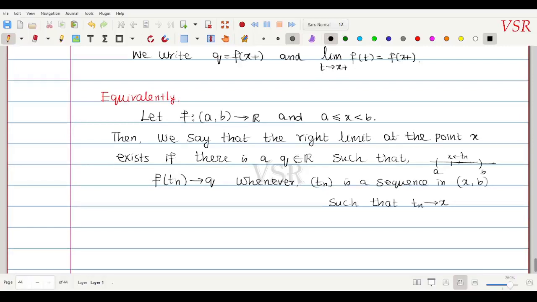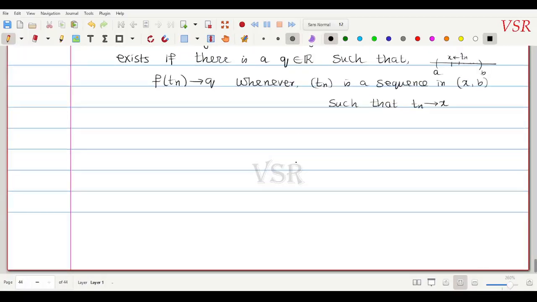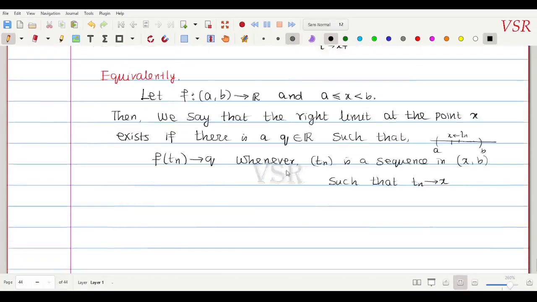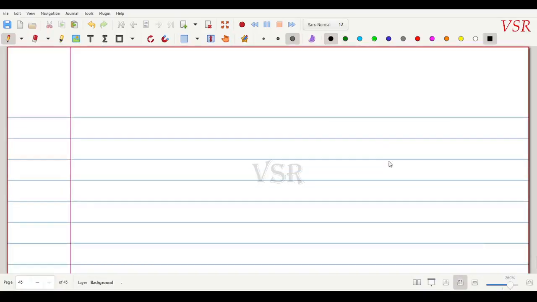Is it okay? சரி, இப்போ இதே மாதிரி நான் என்ன பண்ண போறேன் அப்படின்னா we are going to define the left limit. Okay, so we'll go for the left limit. So definition: let f be a function from open interval a comma b to R. Then we can talk about the left limit at the point b also, இல்லையா? அப்போ, and this a which is strictly less than x which is less than or equal to b, we say that